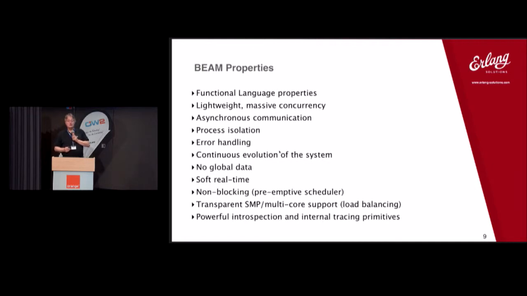We're talking about millions of processes on one machine running, and there are serious systems that do this. The communication, the error handling. You have systems where the system as a whole never crashes. Things might go wrong and parts can crash, but the system does not. The continuous evolution, there's support for it. There's support for soft real-timeness. It is practically impossible to get the Erlang system to block. You can if you really put effort into it, but by default it just does not block.